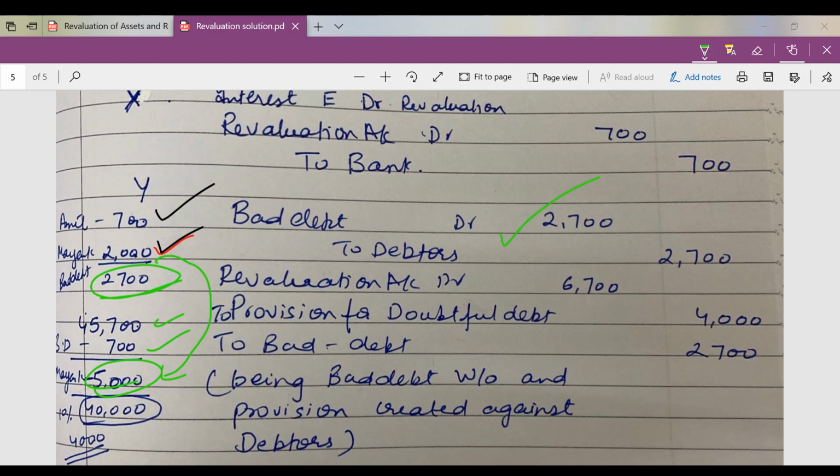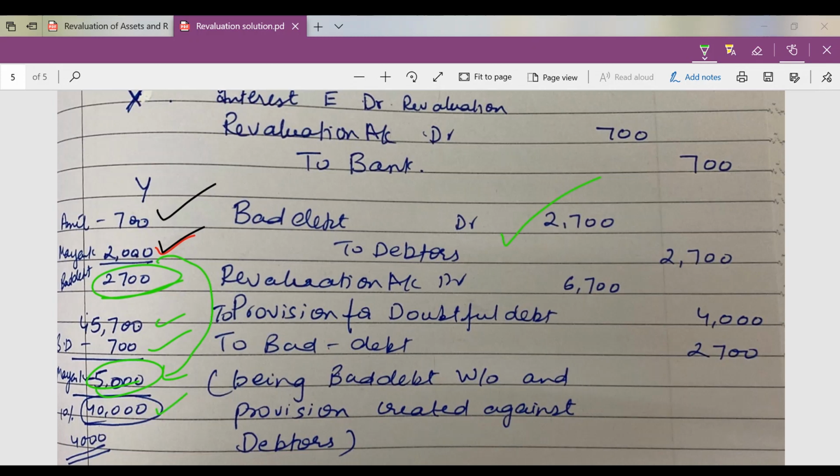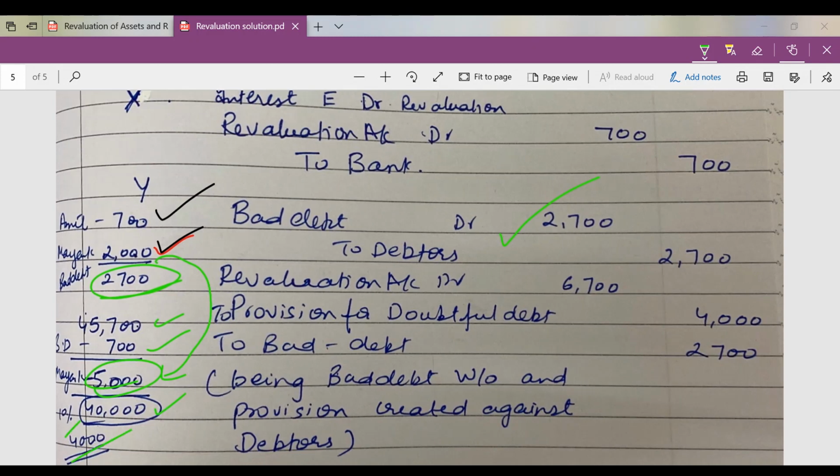So the 3,000 which he is going to pay becomes good debt. On the entire 5,000 that was due from Mayank as a debtor, we don't have to create any provision now. This concept we studied in class 11th. The remaining 3,000 is good debt. So 2,000 I am subtracting because it was bad debt, and 3,000 I am further subtracting because Mayank will definitely pay 3,000. I don't need to make further provision on it. The court has said that he is going to pay 3,000. And then 40,000 is the remaining amount. I have to create a provision of 10% on this. So 10% of this is 4,000.